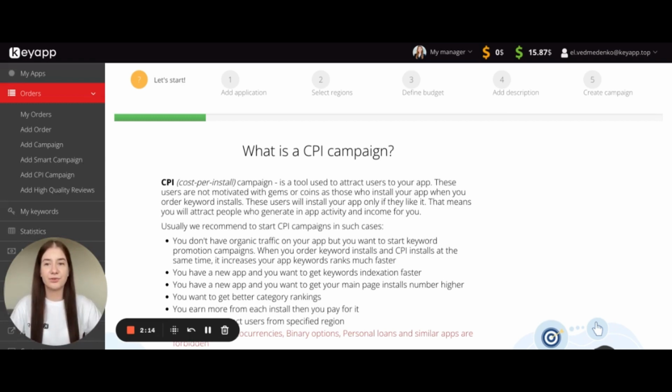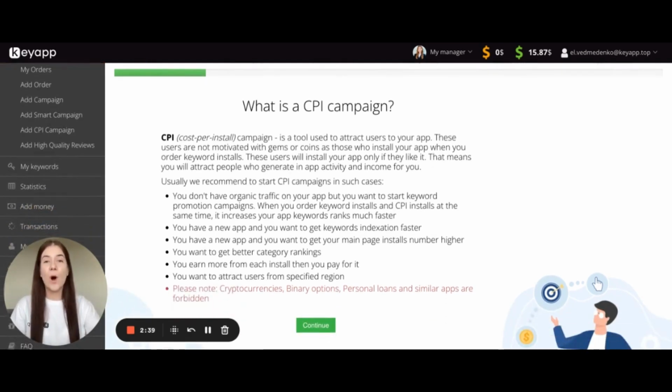in different countries. At the same time, we work with app reputation because we understand how the Google Play algorithm works, and we know that for Google Play it is important to see a high rating and a lot of positive reviews to get the application into the index for the search request, as well as to keep the app ranks for the particular keywords. But at our service, there is one more option to use, and this option is called CPI